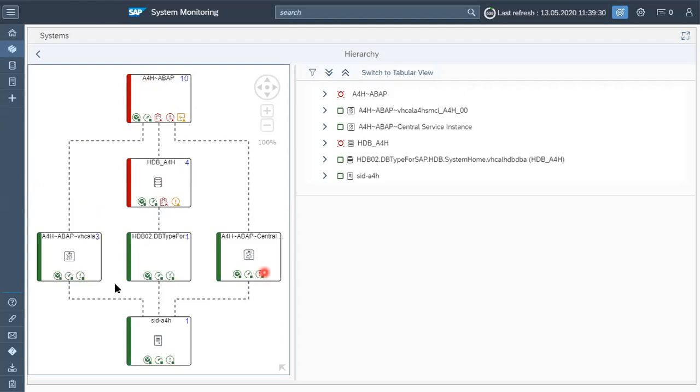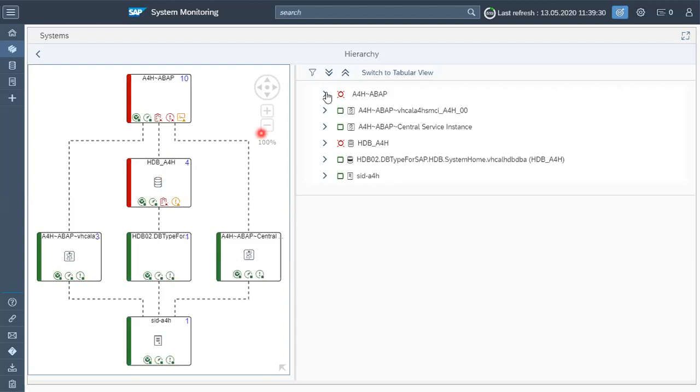One is the central instance, the second one is PAS, and it has SIDs, and it has the host as well, on which host these applications are installed, and this HANA database has a different host.